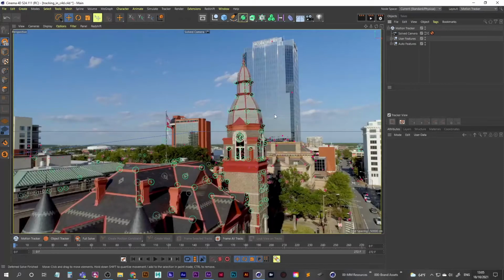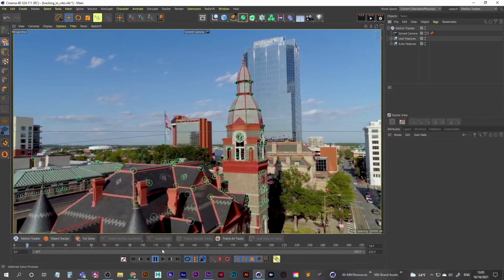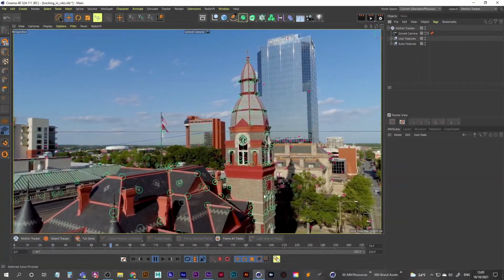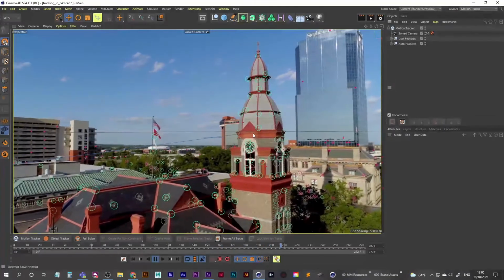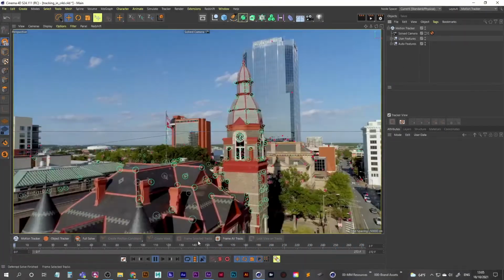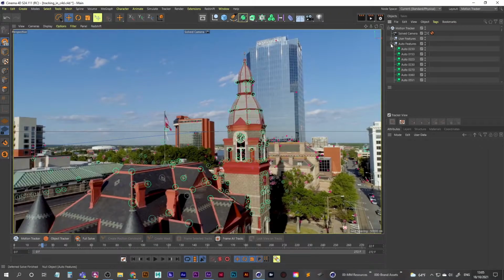So I'm going to jump back into the camera here now, and we can just watch this, and we can see all of our track points. All of the green ones are good. I think the lighter in color they get, the better. So if I just go into the auto features here, and if I just scrub down, all of the green